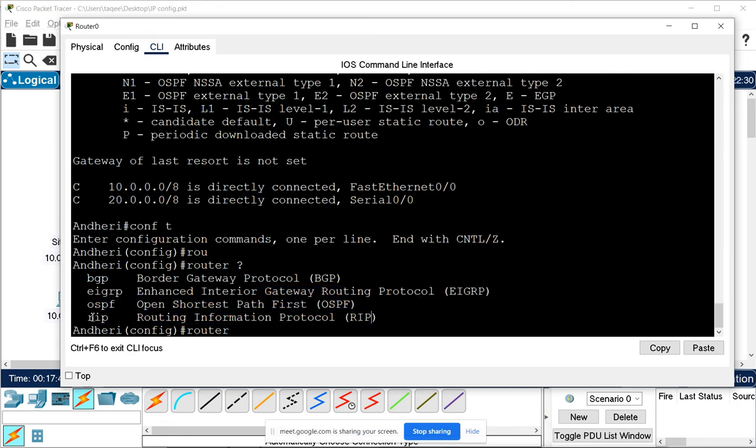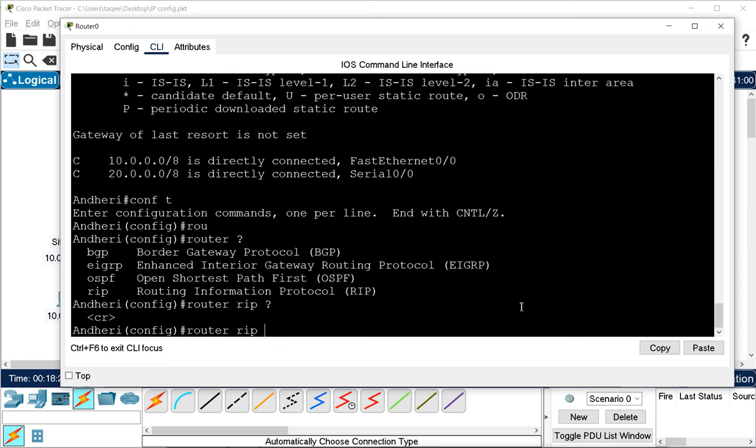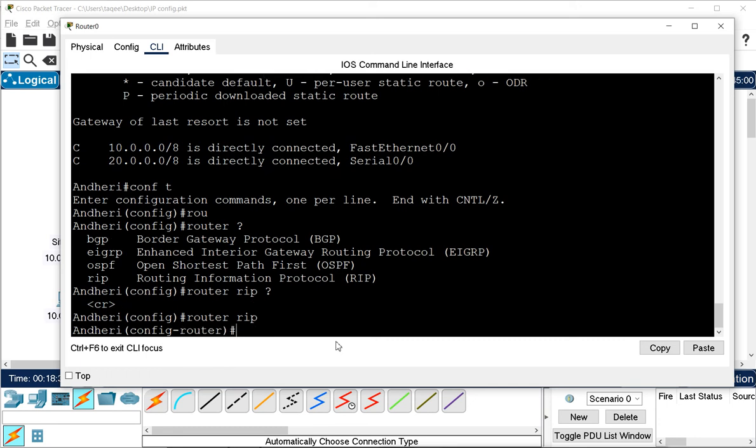Now I want to configure RIP, so I will select RIP here. If I put a question mark here, I don't have any other command, which means I can now press enter. When you see the CR, that means carriage return, you can now press enter.